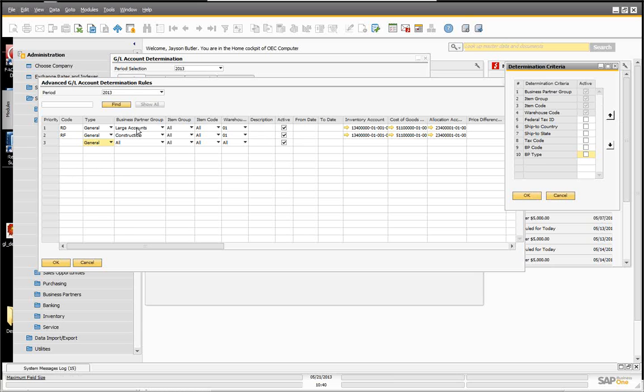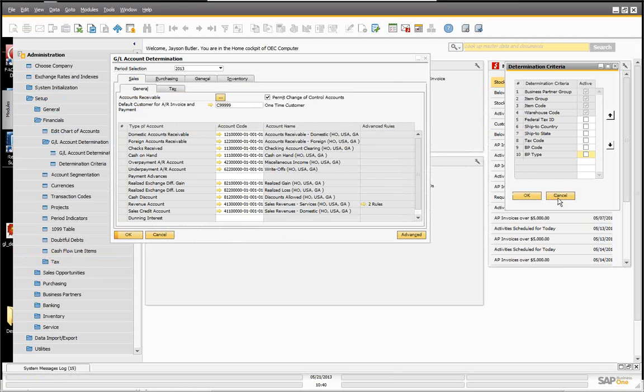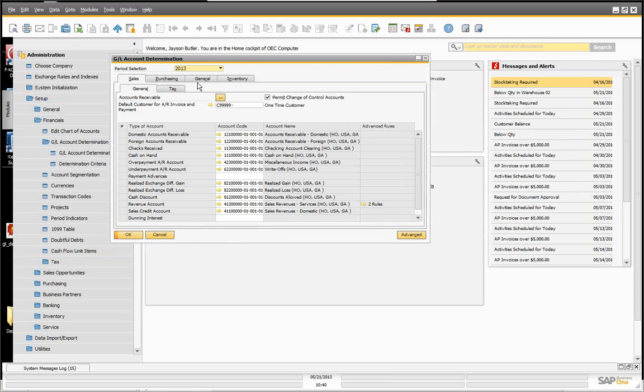So here I have these large accounts, which are my domestic accounts. I can do the item group since it's in my hierarchy, I can do my item, I can do all, and I can do these selections too. So I have a lot of flexibility in how I want to set this up, and once it's set up, you can see how it works. There are also authorizations for this, just like there are authorizations for the GL account determinations in prior versions, so you can set that up. It's also in the change log. So if you go here,